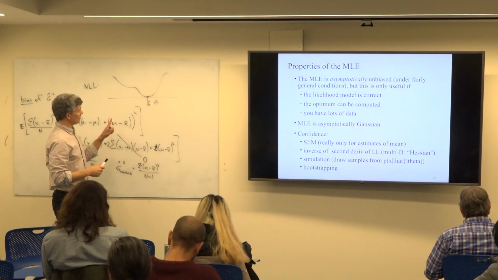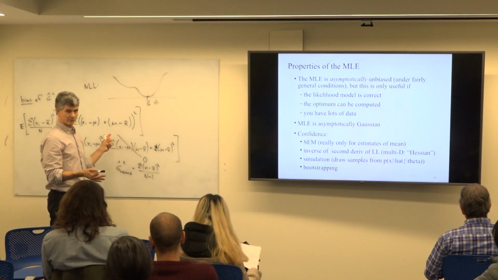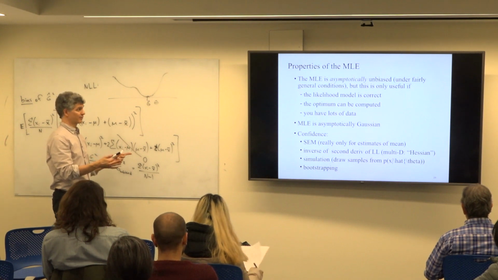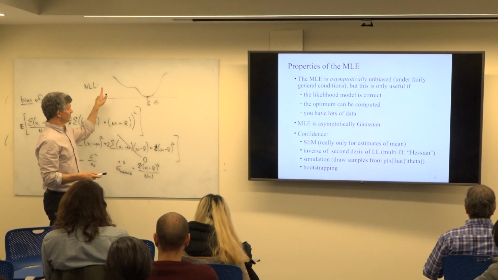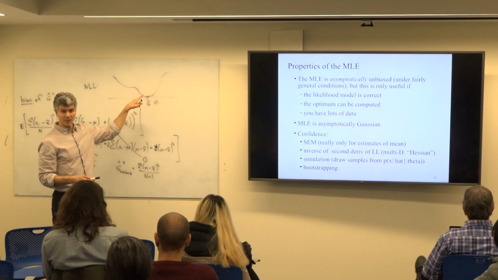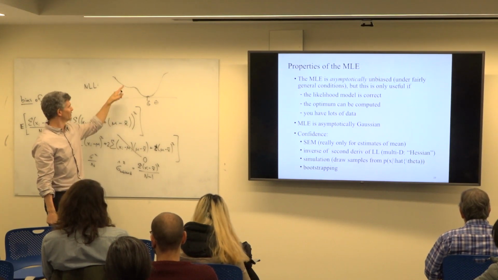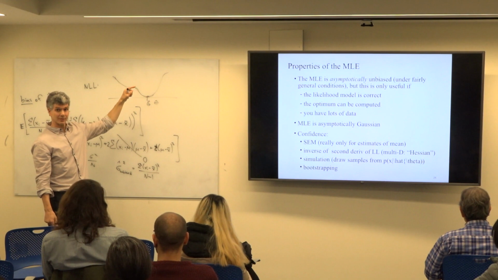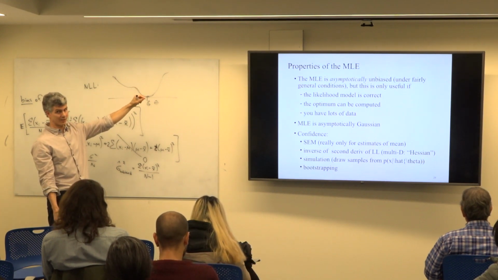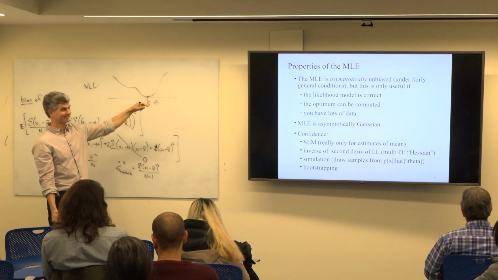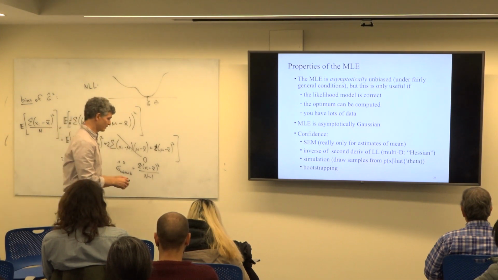And if you don't have the luxury of assuming this is a Gaussian distribution, because you have a finite amount of data, and this is only Gaussian asymptotically, what you're really saying is the shape of this is not parabolic, right? If it's Gaussian, the negative log likelihood looks like a parabola, right? The Gaussian's e to the minus x squared. If I take the log of that, I get minus x squared. If I take the negative of that, I get x squared. So it looks like a parabola. This doesn't look like a parabola. But what I can do is